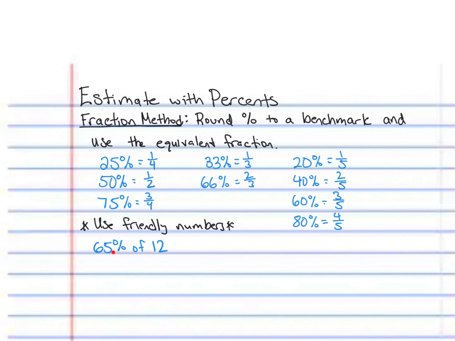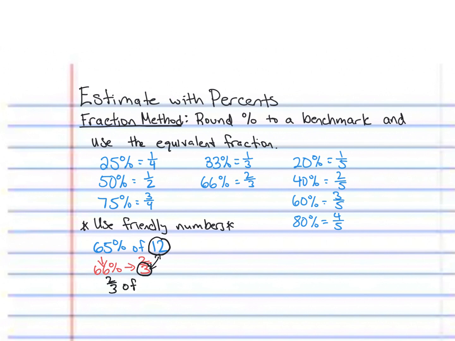What I'm going to do first is look at that 65% and compare it to my benchmarks, and figure out which of these benchmarks is closest or easiest to use in place of 65%. So in this case, I'm going to go ahead and use 66%, which as a fraction is 2/3. Then I want to check to see if 3 and 12 are friendly numbers, meaning in this case, can 12 easily be divided by 3? In this case, yes, it can. So we're going to find